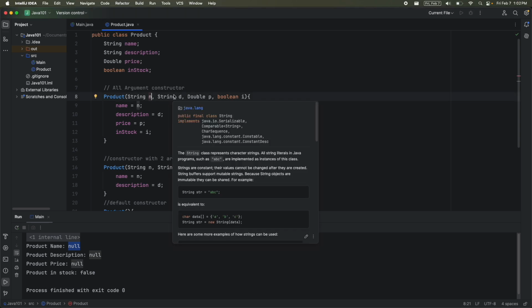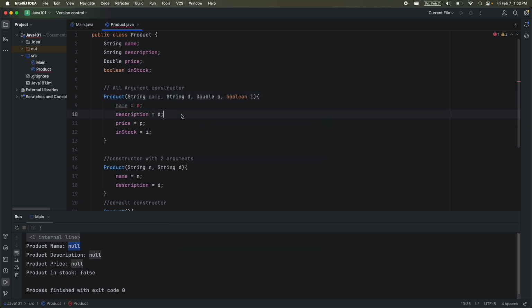Let's say I call this name. And then I'm going to change N to name. Well, notice we don't get the nice purple and white. Instead, we get gray and gray. And when I hover, Java says the variable name is assigned to itself. What this is saying is Java's like, wait a minute, which name are you talking about? Are you talking about this name? Or are you talking about this name? So Java's